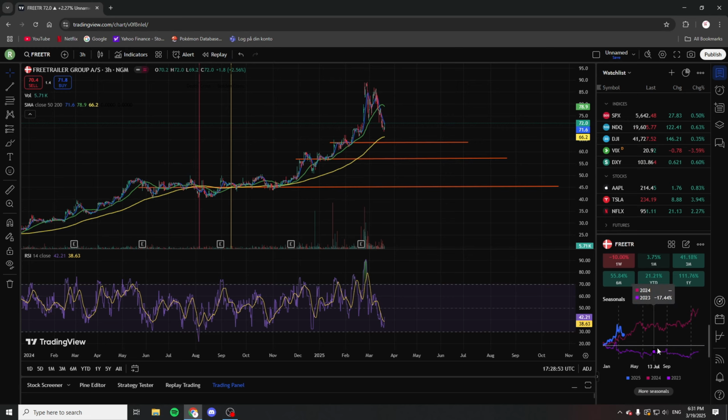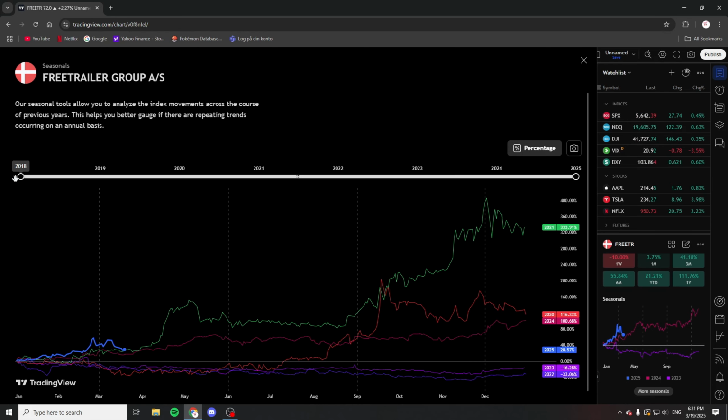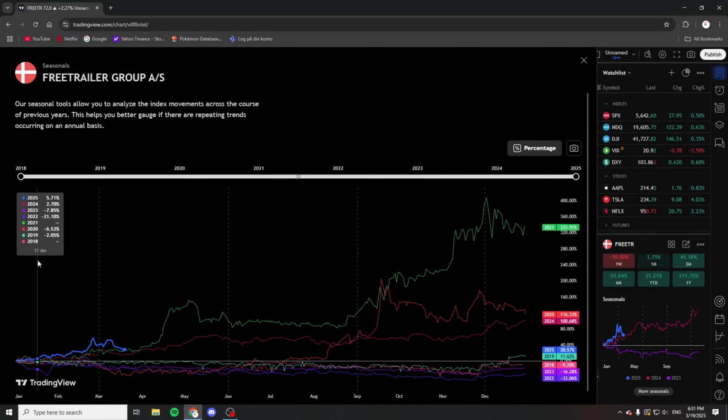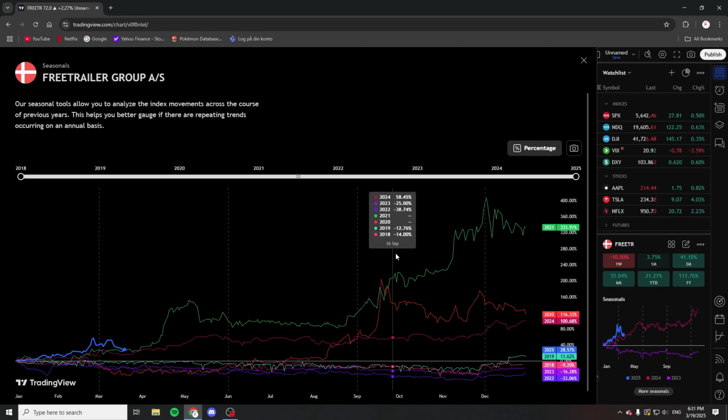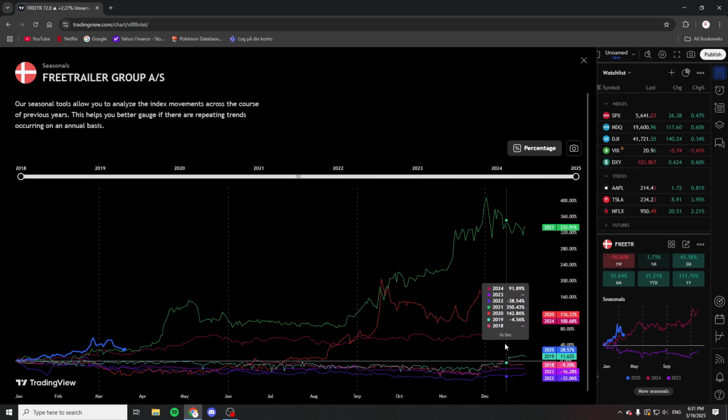So yeah. Now for the seasonals of this stock, of course, as it is relatively new, as you can see, it performs quite nicely most of the year, and the years where it doesn't really perform, it is actually still performing incredibly well. As you can see, we have 300%, 100%, 100%, and then this year 28%. And the year it made the least performance, it was 11%, which is quite nice. So yeah, very interesting at the moment. And as you can see, 22 is the worst year, but then again, as you might know, nobody made any real money in